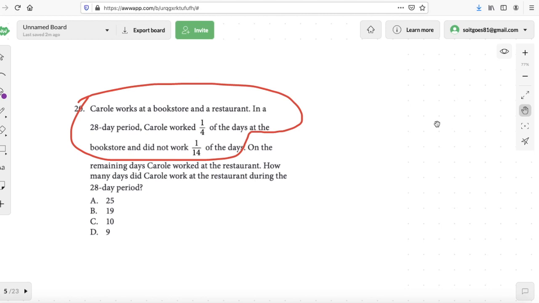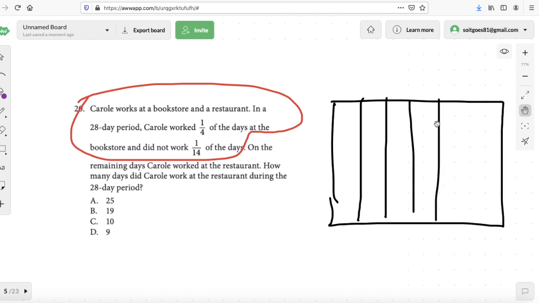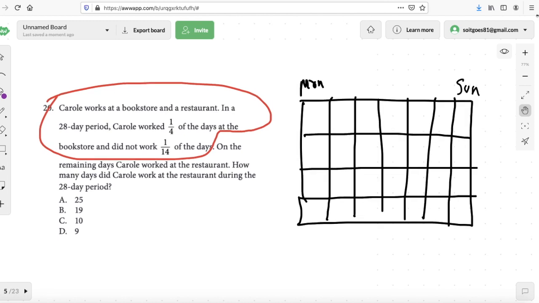Okay. So I've got a 28-day calendar here. Very ugly calendar. So I'm going to try 7, 1, 2, Monday, Tuesday, Wednesday, Thursday, Friday, Saturday, Sunday. Okay. And I'm splitting that into 4 weeks. Beautiful. Right? Is that 28 days? Yes. I think so. Here's Monday. I don't even know if we need to get that specific. Okay. That's going to be fine. All right. So